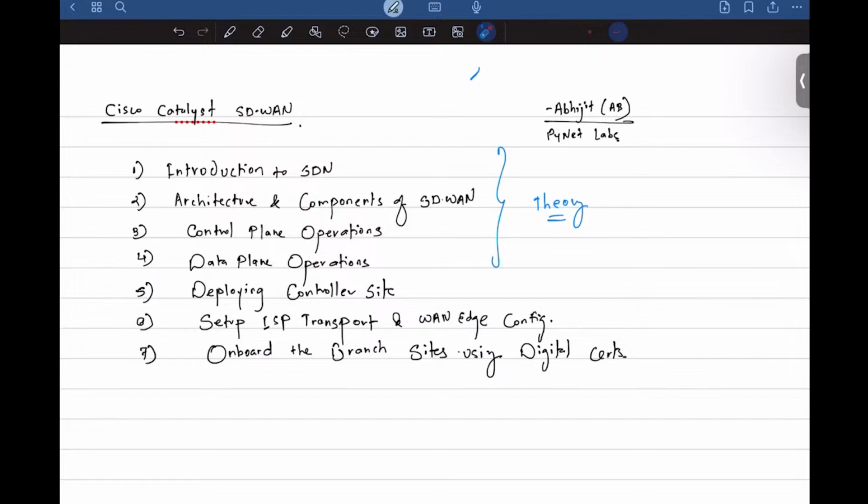After your branch site is up, then we will establish site-to-site communication using service VPNs.